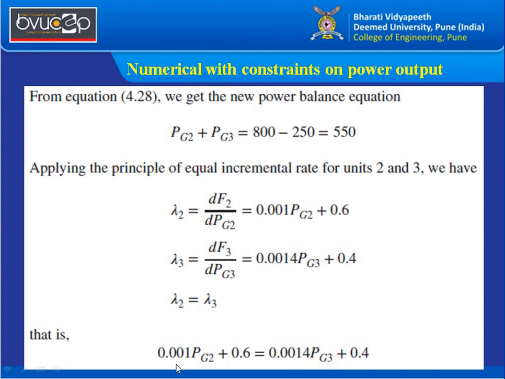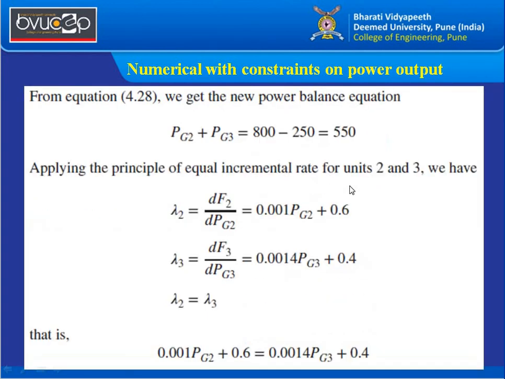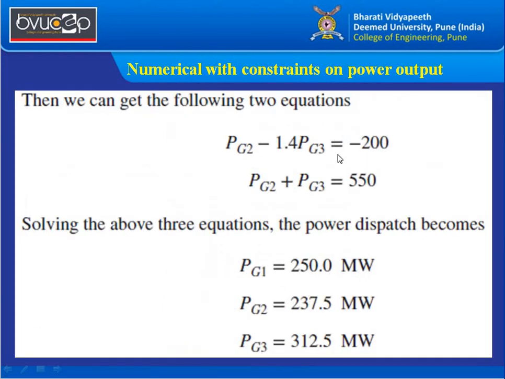So when these two are solved separately, 0.001 Pg2 plus 0.6 will be equal to 0.0014 Pg3 plus 0.4. Now, we also know that Pg2 minus 1.4 Pg3 equals minus 200, and the second thing we get is Pg2 plus Pg3 equals 550. Solving these two equations, we get Pg2 as 237.5 and Pg3 as 312.5, and Pg1 we are setting at